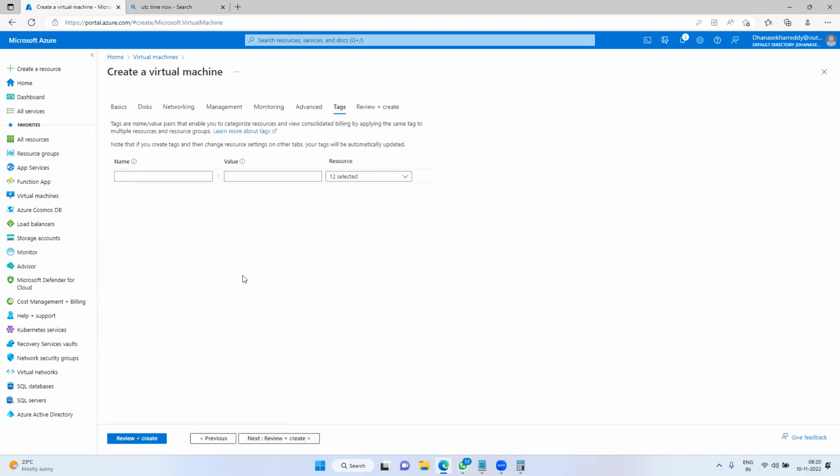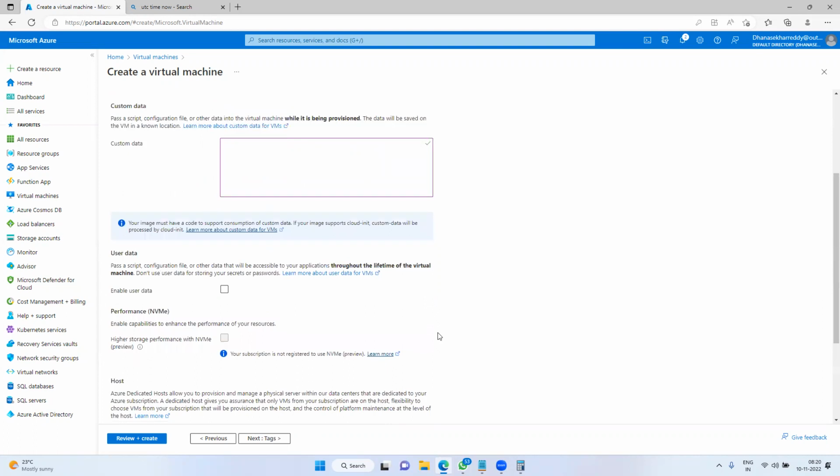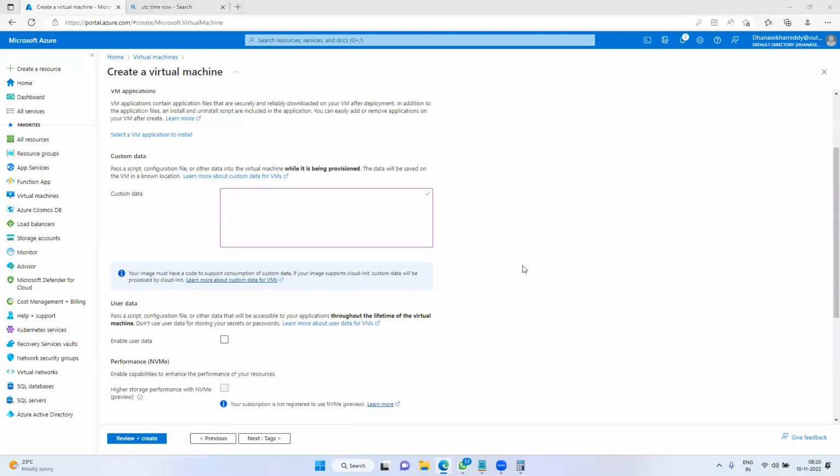What are tags, guys? Already I said, right? Sekhar, sorry to interrupt. Can you go to the previous screen for a minute? As we discussed, this is if we are installing Windows, right? Whatever script we are writing in that custom data, should we write it related to Windows commands, or can we write any script related to Linux also? If it is Windows server, Windows; Linux means Linux. Based on the operating system only you can use it. That is mandatory and basic.